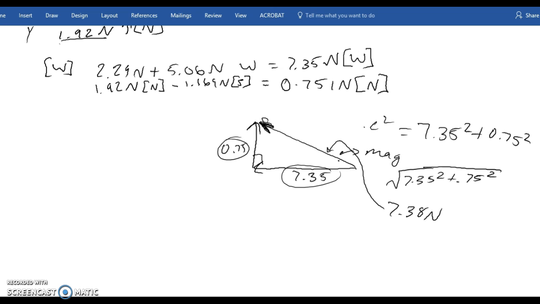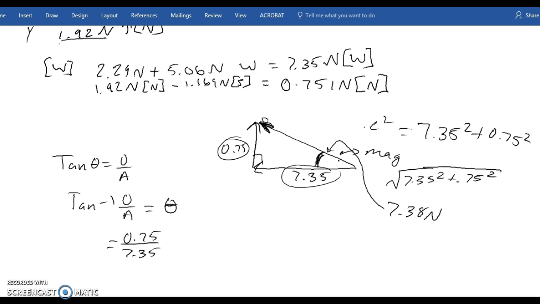Okay, so this is the last step. Direction, to find this angle here. One thing is tangent. The tangent of theta is opposite over adjacent. Now to find that angle, you would do tan inverse of that ratio, opposite divided by adjacent, which is going to give you theta. So let's find this angle here. You have your opposite, which is 0.75 divided by 7.35, and then take tan inverse of that number. So 0.75 divided by 7.35, I got